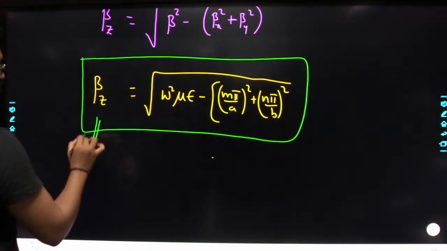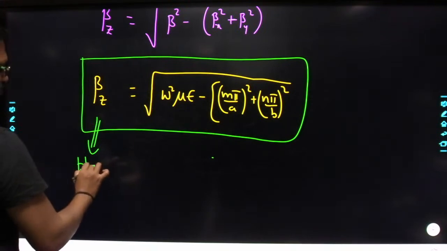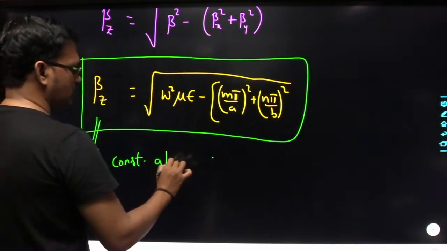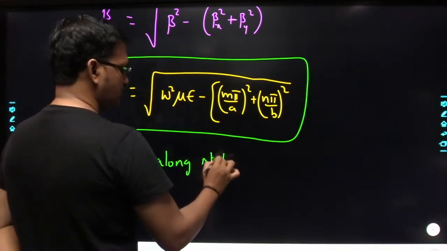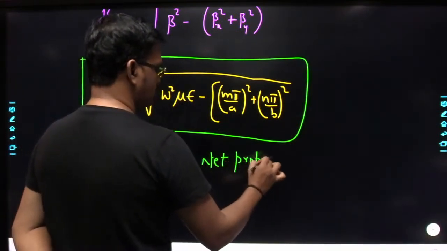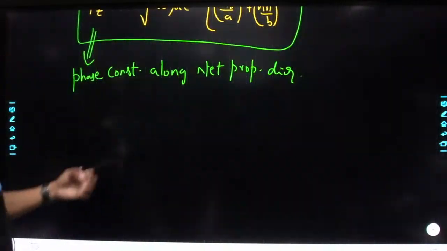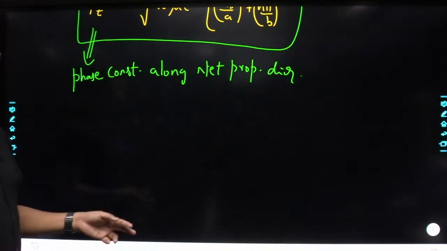So along this net propagation direction, we are going to define a wavelength,